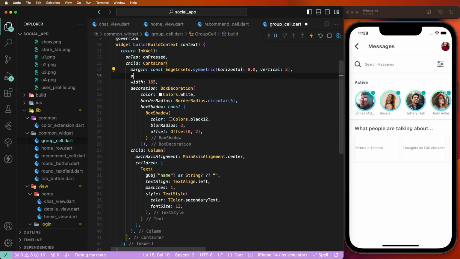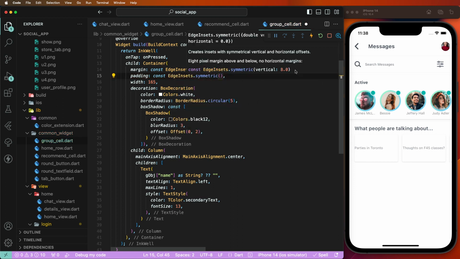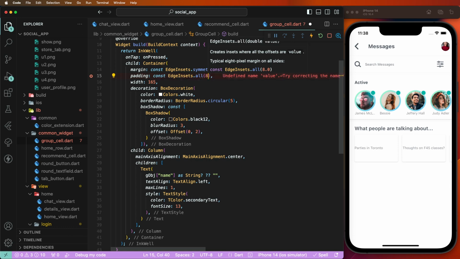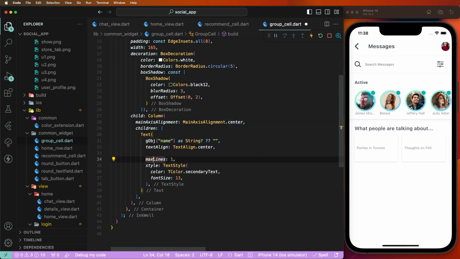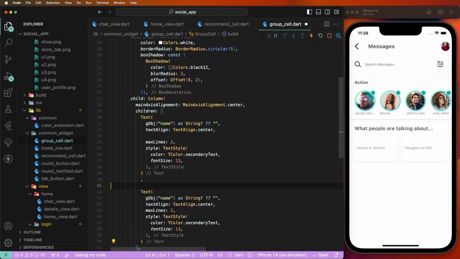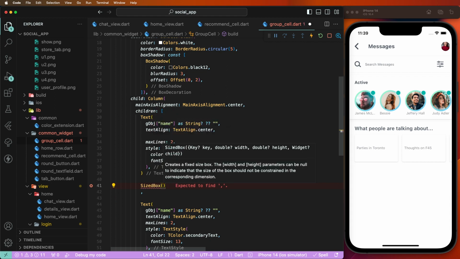Now need to set the padding. Symmetric, need to give vertical, that is a 8, and now need to set here the center, and to give here the maximum lines 2, need to pass this here. First of all need to copy here and paste this here, and need to give here the height space. Set as a 4,